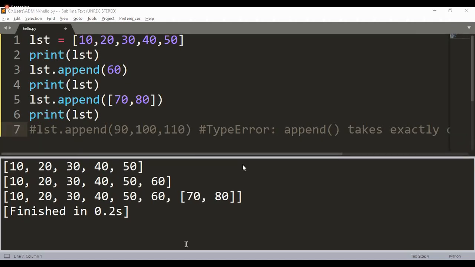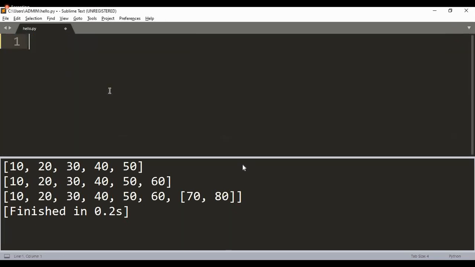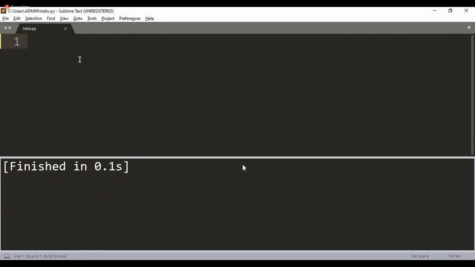Second method. All right, so let me delete all of this. The second method name happens to be the extend method. The name of the method is extend. And sir, what is the general syntax of the extend method? This is the general syntax of the extend method. What is the method name in this case? Extend method. How do you invoke the extend method? How can you call the extend method?